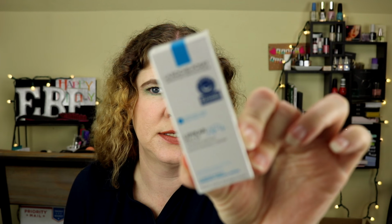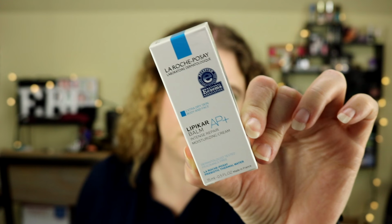This first item right here is from Roche Posay. This is the Lipikar Balm Intense Repair Moisturizing Cream. Let me see if I can find it. There it is. So that is what it looks like first and foremost. All right, let's go ahead and pull this out. So that is it right there. This is half an ounce, or 15 milliliters. Full size is 400 milliliters. So this is the Roche Posay